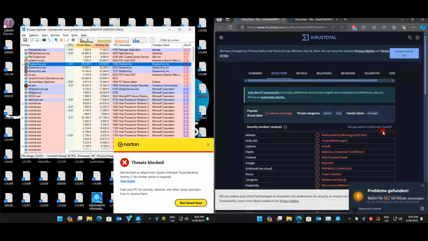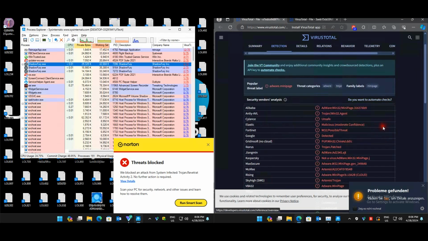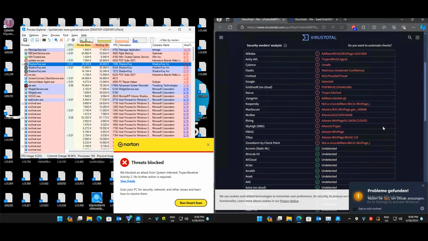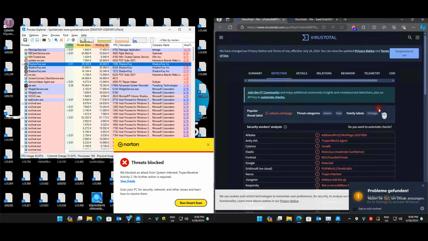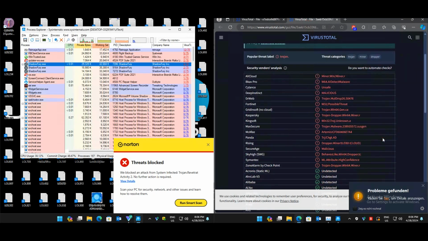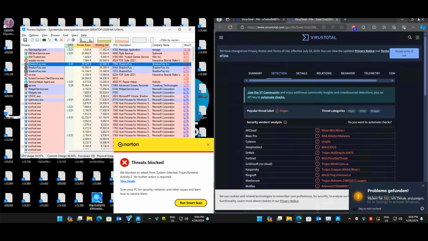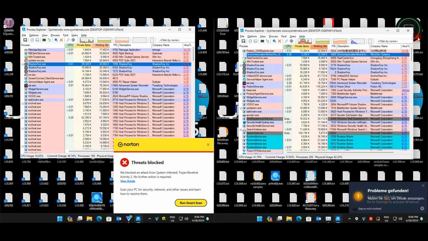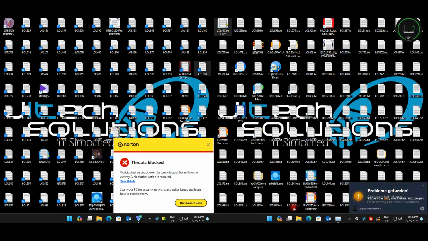Okay, so this seems like just adware or PUP or grayware even, so I don't really think this is something to worry about. And then this one is a Trojan, like a dropper, a miner, could be a coin miner. So this one might be an issue, but yeah, not really flagged that much, so it could be new or just false positives. Okay, so I think that's the end of this test.